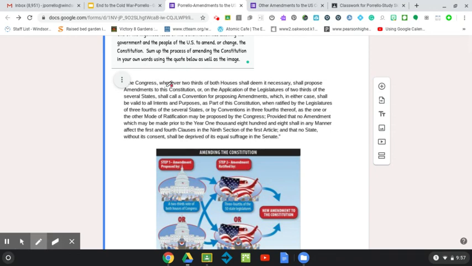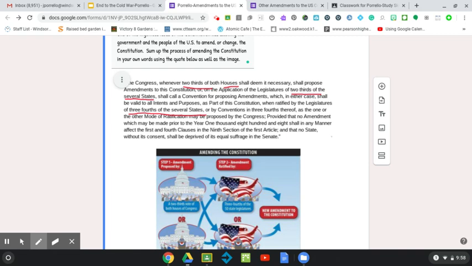It says that Congress, whenever 2/3 of both houses, so that means both the Senate and the House of Representatives, shall deem it necessary, shall propose amendments to the Constitution, or the application of the legislature of 2/3 of the several states shall call a convention for proposing amendments, which in either case shall be valid to all intents and purposes as part of this Constitution when ratified by the legislature of 3/4 of the several states, or by conventions in 3/4 thereof, as the one or the other mode of ratification may